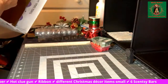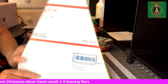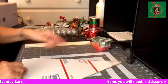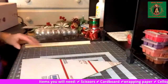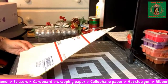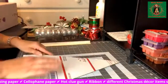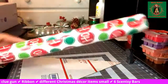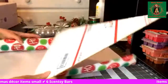I already have one prepared for us to use. So this is how your cardboard board will look like. Let's put this here to the side. Our next step, step number 2, is that we are wrapping this card box in wrapping paper. So all I'm gonna do is I lay that out here, and